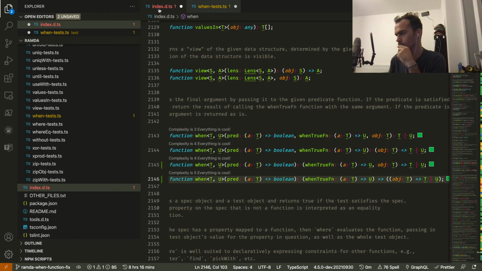Instead of returning it, that is that. Read the docs: this is the final argument by passing it to the given predicate function. If the predicate is satisfied, the function will return the result of calling the when true function with the same argument. If the predicate is not satisfied, the argument is returned as is.